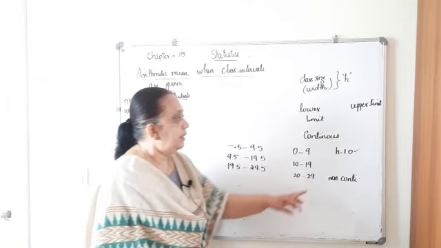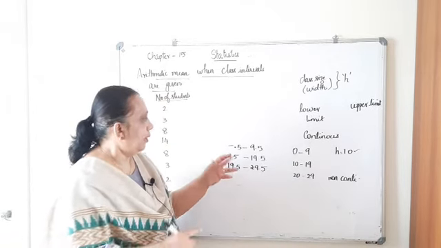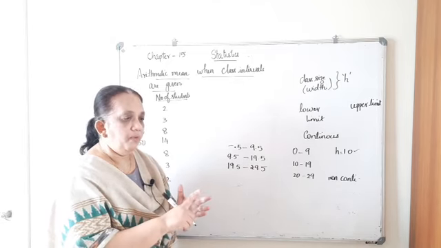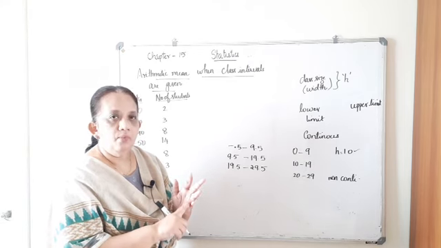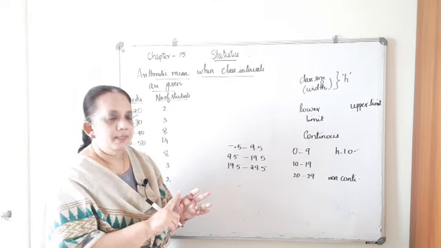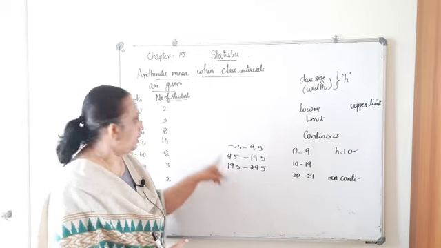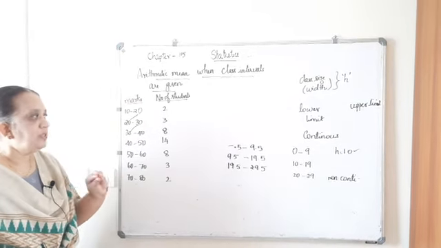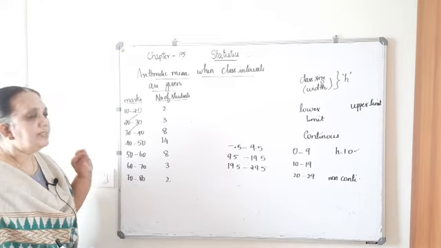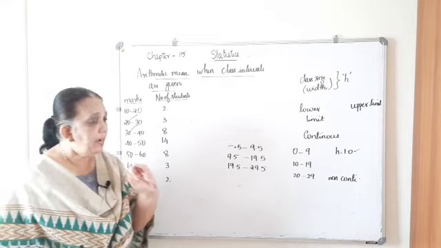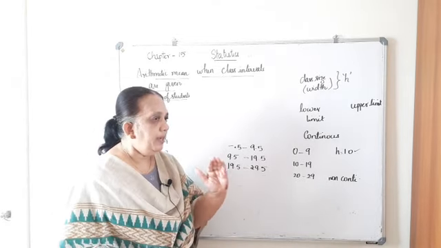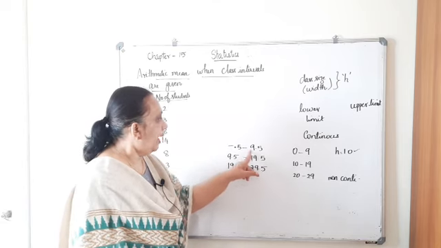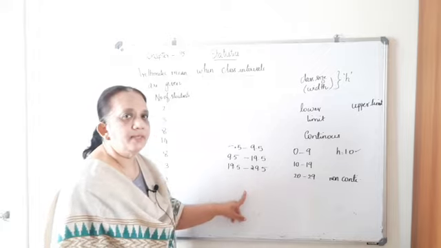So here the class width, 9.5 to 19.5, the class width is equal to 10. 9.5, 10.5, 11.5, 12.5, 13.5, 14, 15, 16, 17, 18. 19 will be included in the second class as such. So, whenever you are doing any problem in statistics, make sure that the class intervals are all of the continuous type. If it is not continuous, in your level, I am telling you, what you do is, you subtract 0.5 from the lower limit, add 0.5 to the upper limit and make the class intervals continuous.